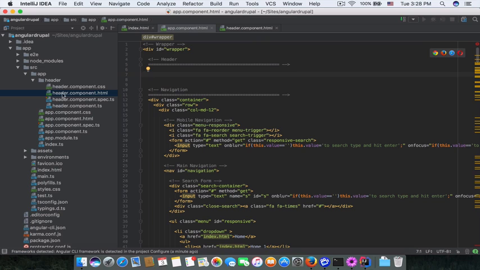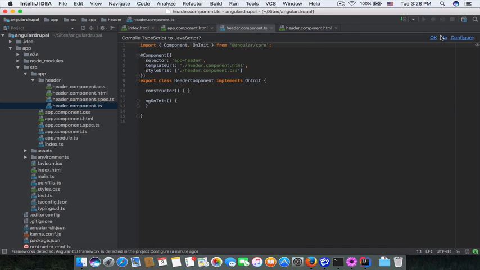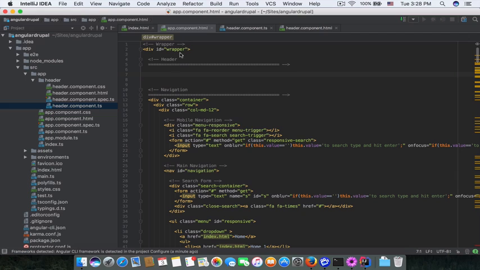So let's check its header component.ts file. So we have an app-header tag, and now we include the header into the app component by typing app